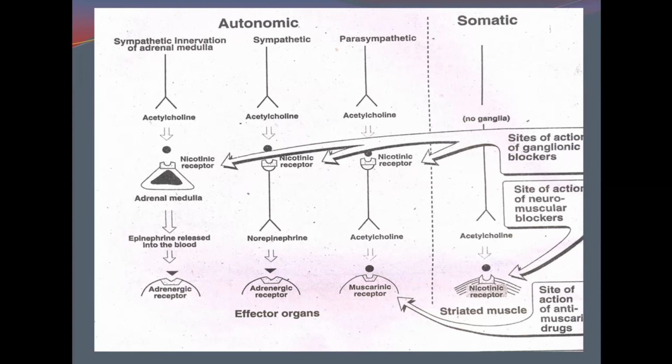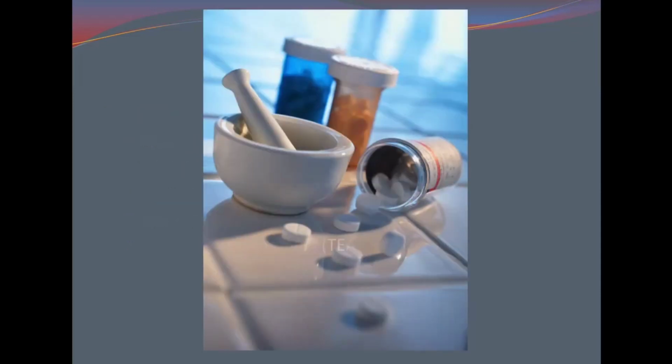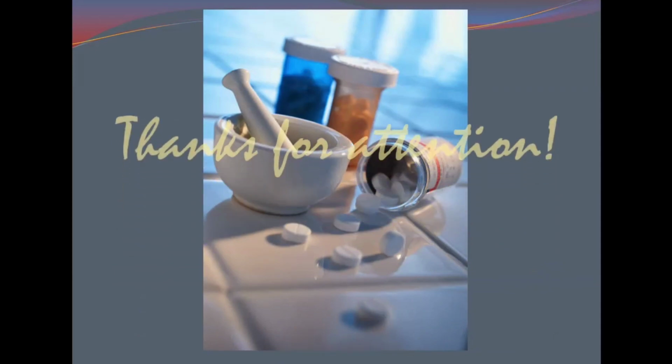That's why these ganglion blockers are discussed in detail in the lecture dealing with parasympatholytic drugs. These ganglion blocking drugs include nicotine, trimethaphan, hexamethonium, mecamylamine, and tetraethylammonium. So, in this lecture we have covered the overview of nervous